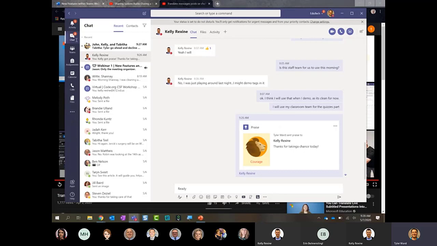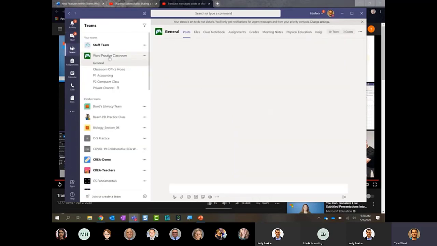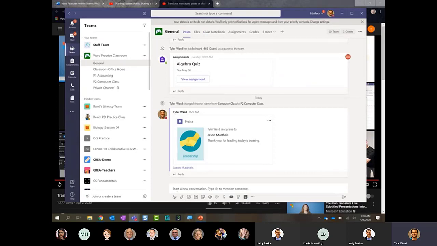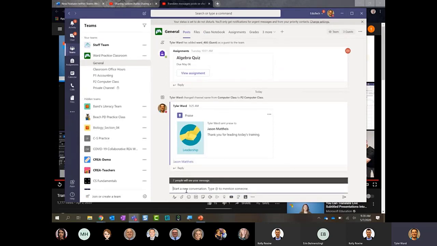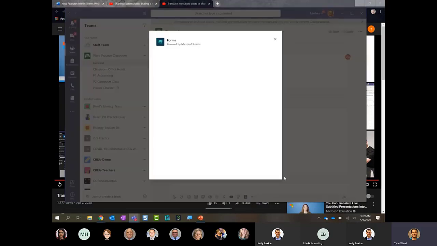The next option I'd like to show you inside of Teams is a classroom poll. So let's say you want to have an ice cream party with your students and you want to know what ingredients to bring. You can go to the bottom in the conversations category there and type @forms. And I can create a form now to quickly test my students, or again, in our scenario, we're going to find what we need to bring for our ice cream party. So by clicking on that option of forms there,